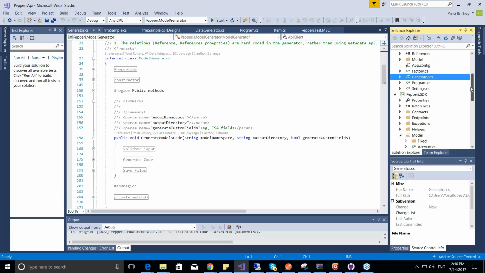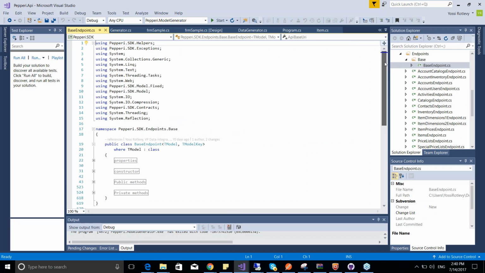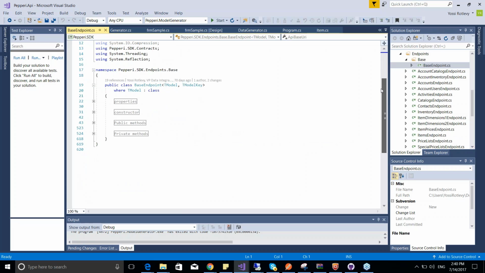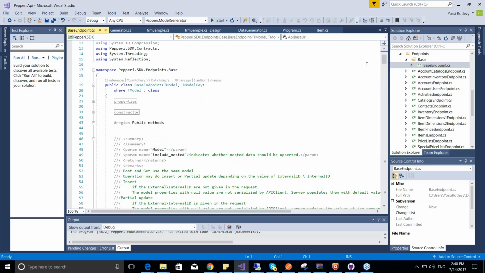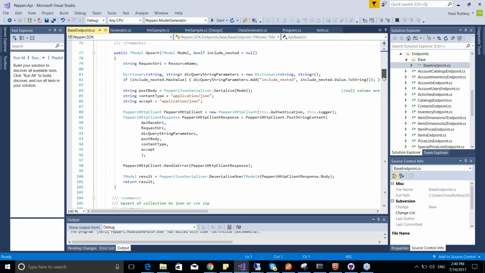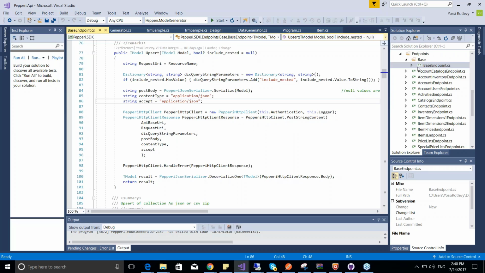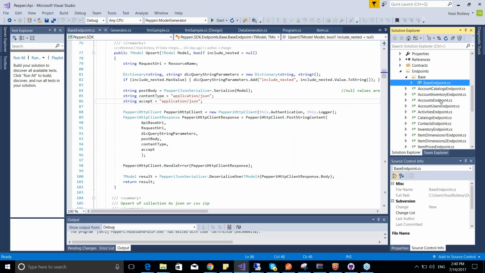Basically, the SDK has a base endpoint that you should be familiar with, and the base endpoint does all the work. So if you want to drill down and understand how we communicate with the REST API, I recommend going into the base address. It has everything. It has the upsert function, it has the find action function, which is similar to all our endpoints, the get and the bulk and everything. All the other endpoints are just inheriting from